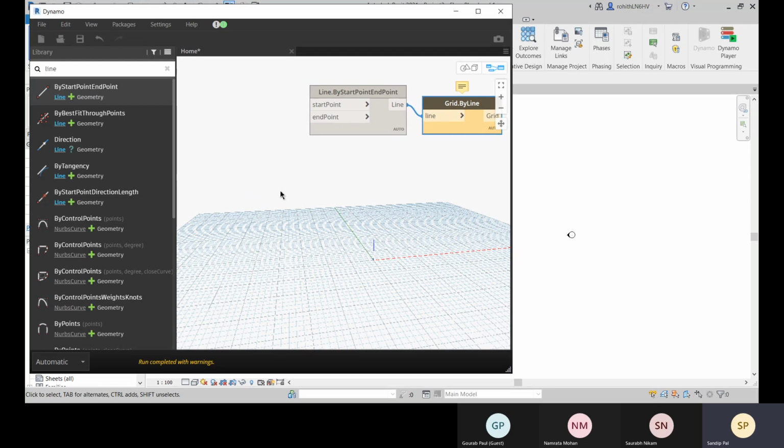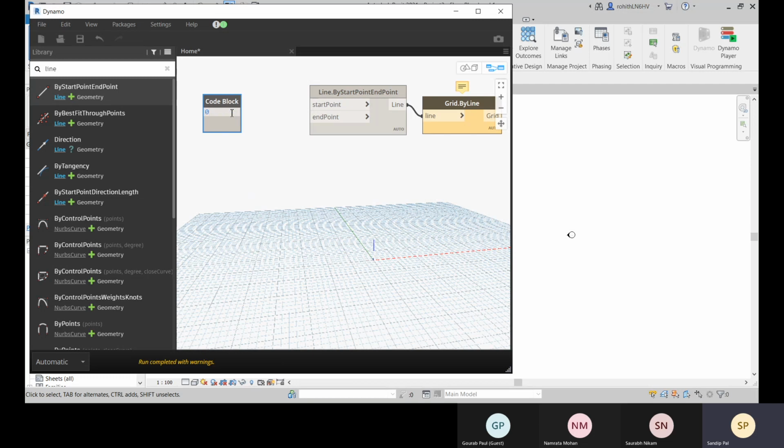So we all know how we can create multiple points together. For that we have a range. So we can choose that range, or else we can do it with code blocks, right? In the last class we have seen how we can create code blocks. So let's go with the first.